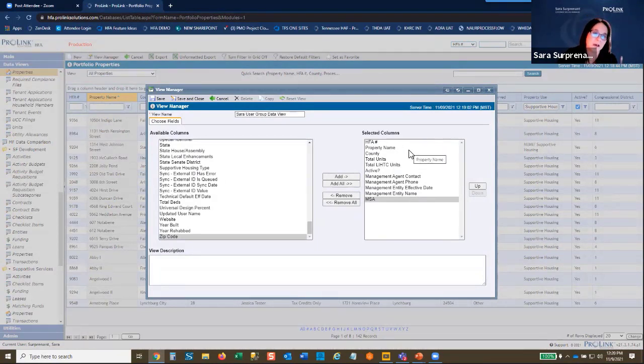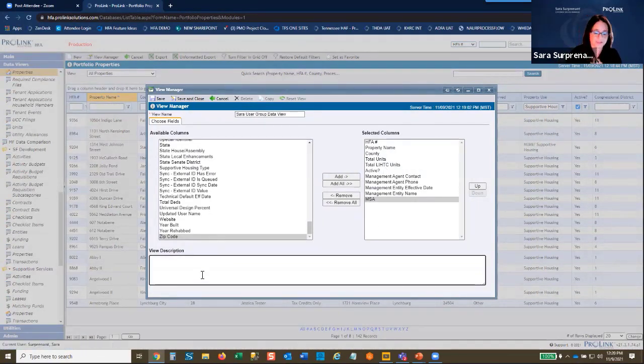So here I've set up a data view that has specific information just for fun right now. And you can update the description here. This is just going to be your own personal view description. It would show up in a public view if you created it so people would know what it was for. So once I hit save and close, Sarah user group data view,